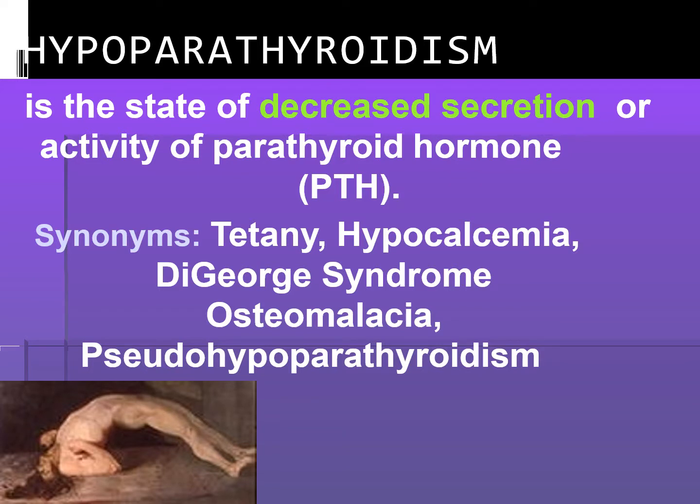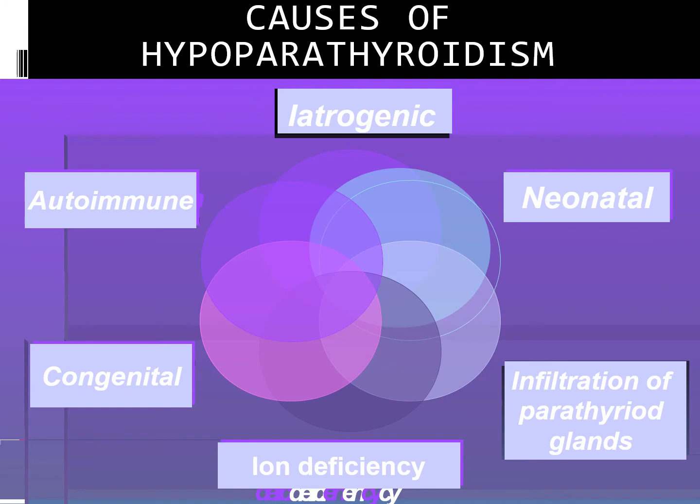Hypoparathyroidism is a decreased function of the parathyroid gland with underproduction of parathyroid hormone. This can lead to low levels of calcium, causing muscle cramps and tingling in the hands and feet. Sometimes a patient may present with tetany, which is a medical emergency. Hypoparathyroidism can be inherited but is also encountered after thyroid surgery. It can be caused by immune system related damage to the gland, and a number of rare causes can cause hypoparathyroidism.